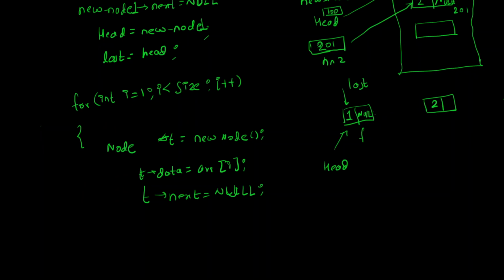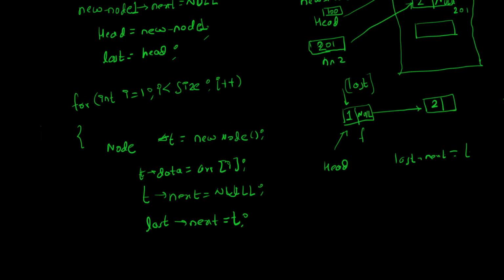So you need to have the address, or you need to have a variable that is pointing to this node. Do we have that? Yes, we have last. Why are we not using head? I will explain that also. First let me explain why last was required. To point this address to this node, we have to point this to this. What it means is that last next should point to this new node, t. Simple. That's what we are going to do. Last next should point to t.